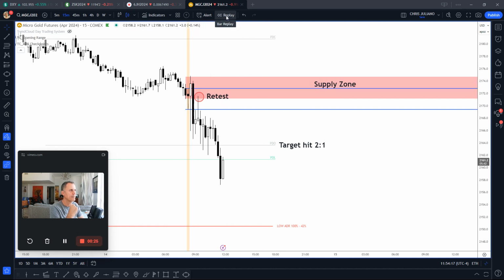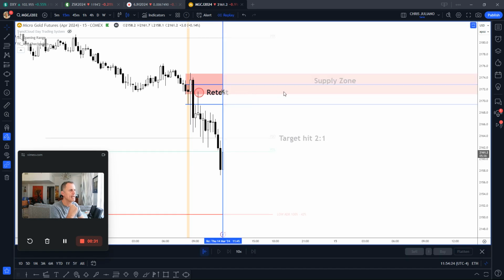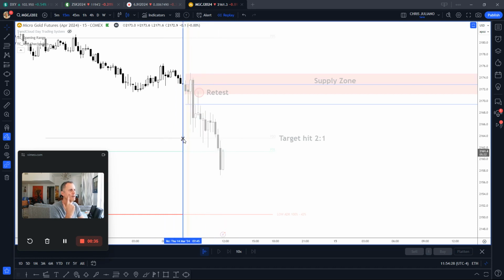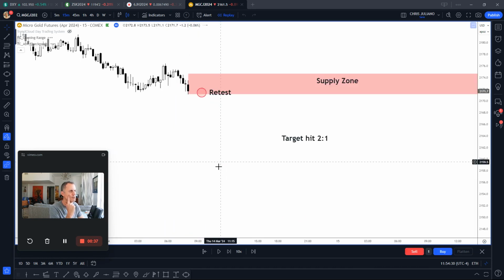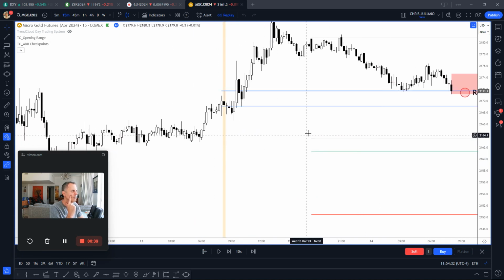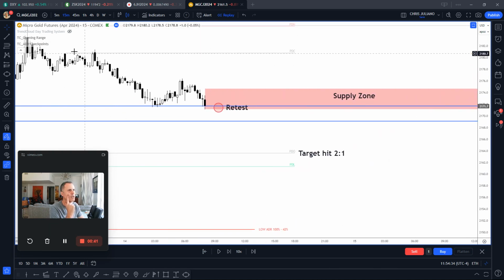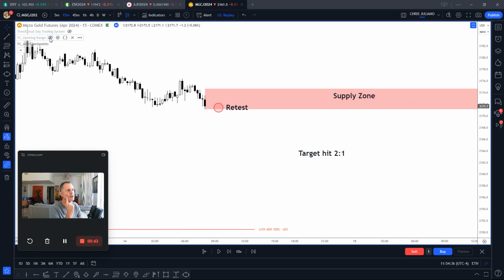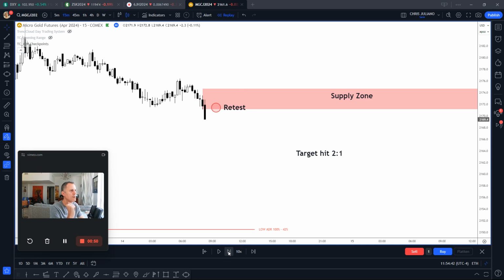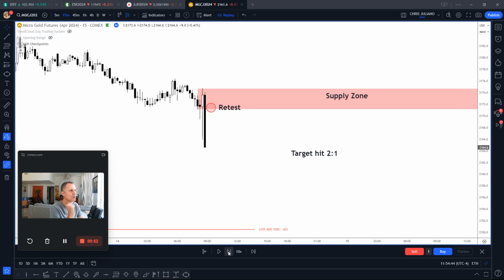Go up here and you see it says replay. It just says bar replay. Just click onto that and you'll get this little blue line. Drag the line back. You can drag it back to the beginning of the day here. Okay, let me shut this off for now. Bring it back there. And then down here, you just hit this little forward arrow button and it will replay